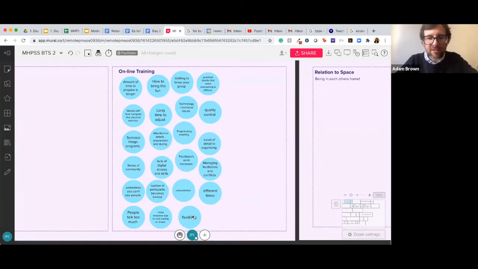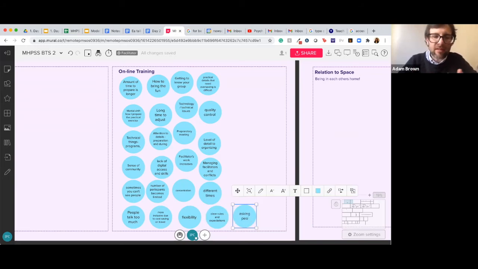Clear rules and expectations, and sometimes that has to happen very early on, with expectations being very clear to everyone about how much time it will take. And then my last point is, unlike in-person trainings, asking people to do as much work as possible ahead of time, like reading things and learning about the training. So when they get to the training, it's not the beginning, but you've already started to prepare yourself, which I think is a little bit different than the in-person experiences that I've had. Thank you.